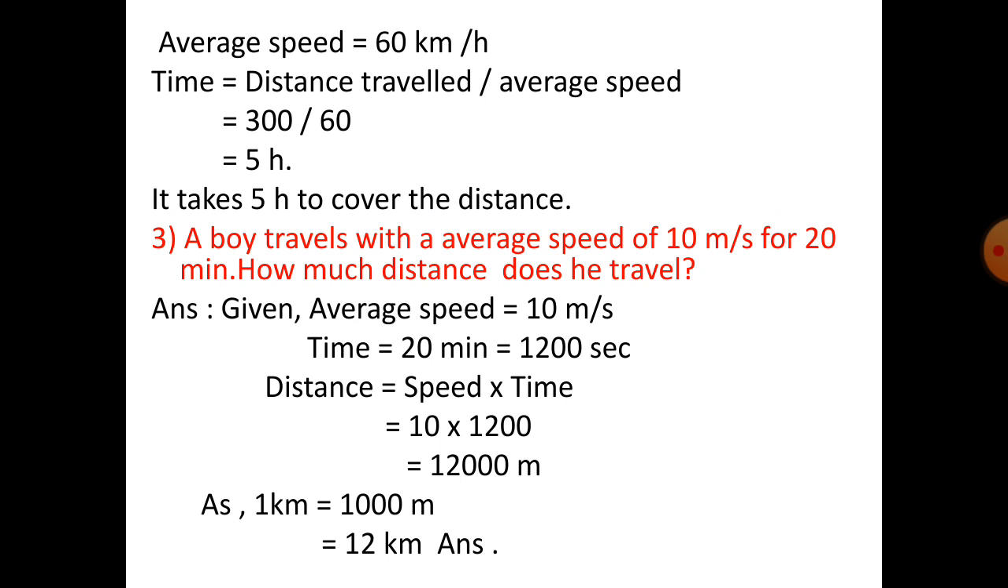Distance, we know, is equal to speed times time. So if you multiply, the answer we will get is 12,000 meters. As we know that 1 kilometer is equal to 1000 meters, so that is equal to 12